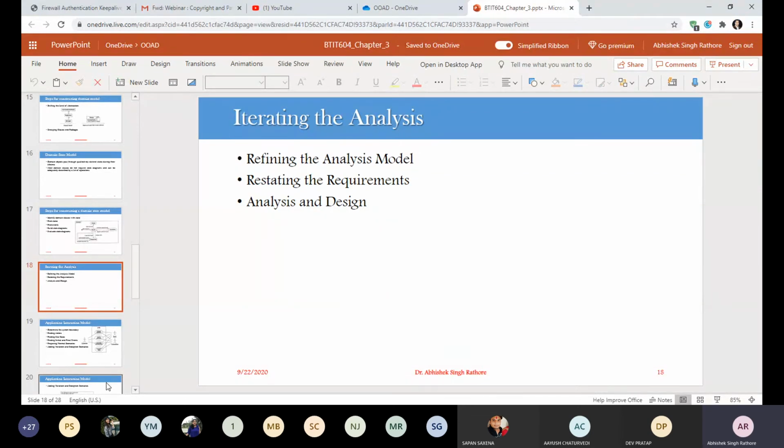First, we have to refine our analysis model. In your refinement, you can find that you have some inconsistency and some imbalance between your different models.